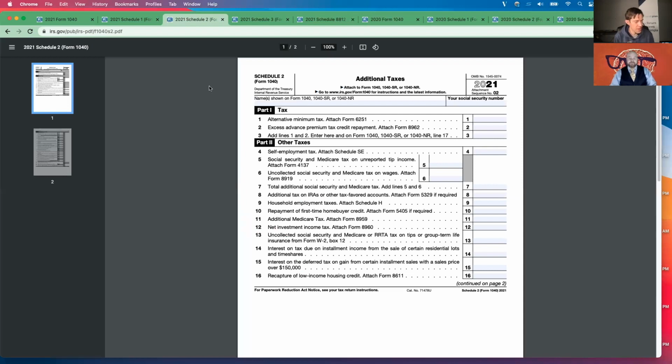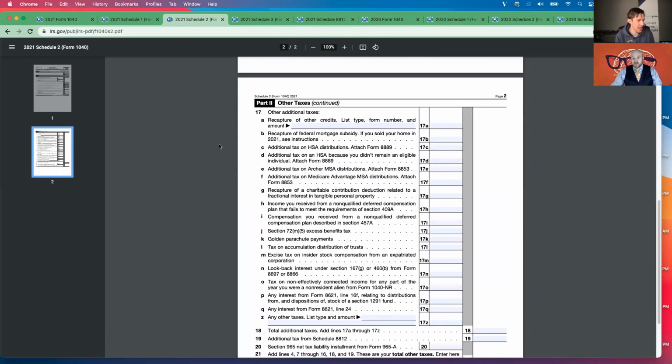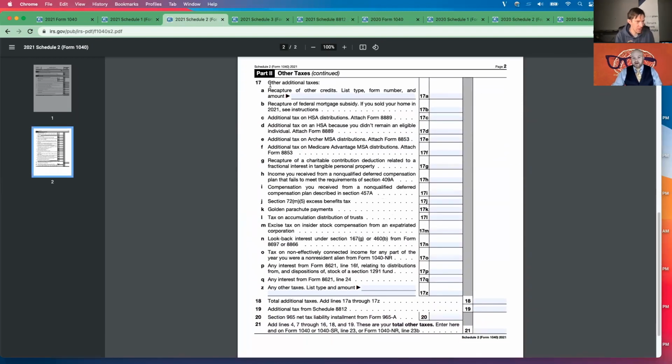Yeah, and this stuff was and is on forms 8959 and 8960, but I like that they've pushed it out so it's more readable this way, broken out at the high level. Just better design. And now we've got the new thing: this other additional taxes section. This is all new, including a number of HSA related things. So I will point out line 19, which is if you have additional tax arising out of